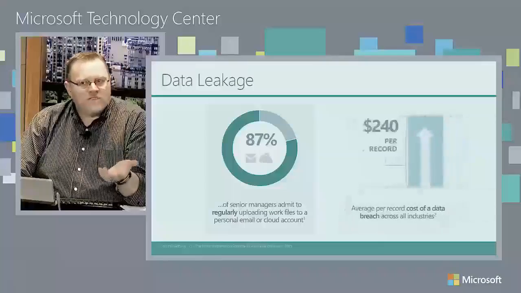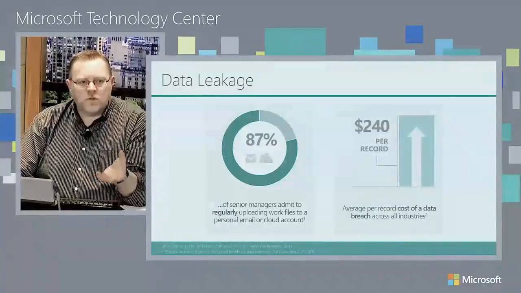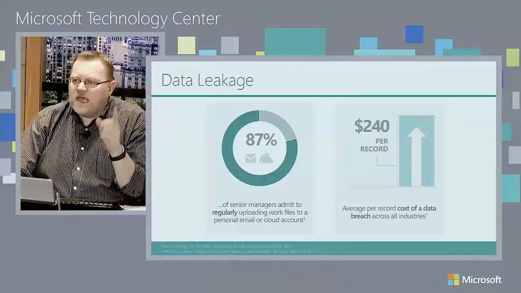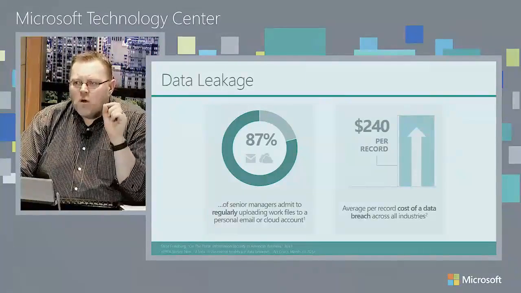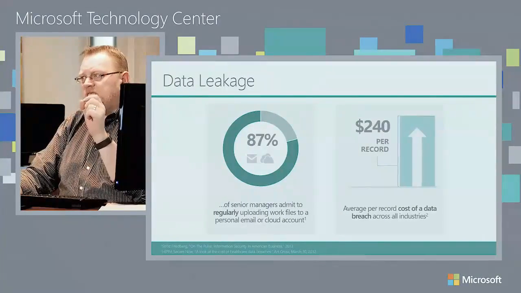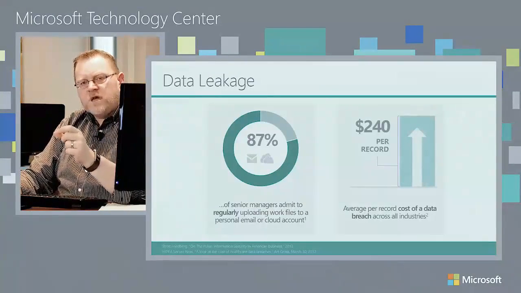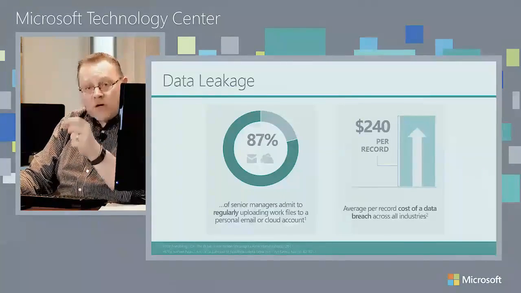So how do we protect the information where it flows through? Because you know what the consequence of this is? For every record that is leaked out of an organization, approximately $240 is the cost of that leak. Do you leak 1 million records? That has significant impact to your organization.